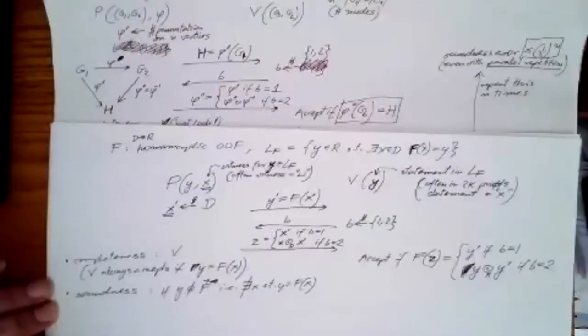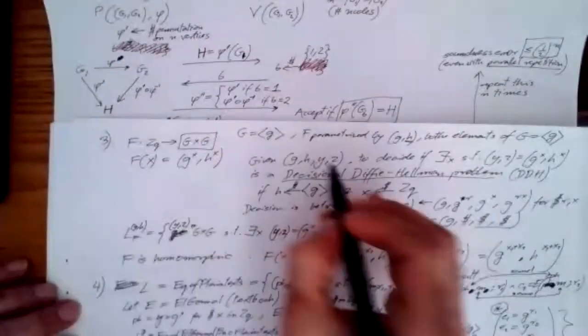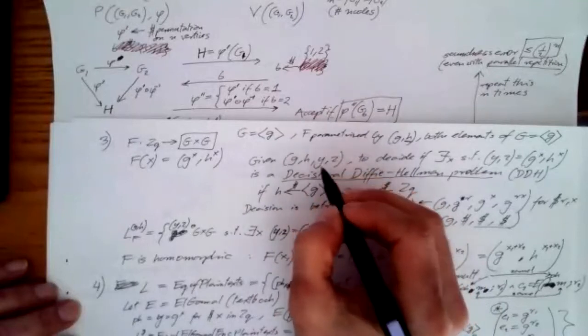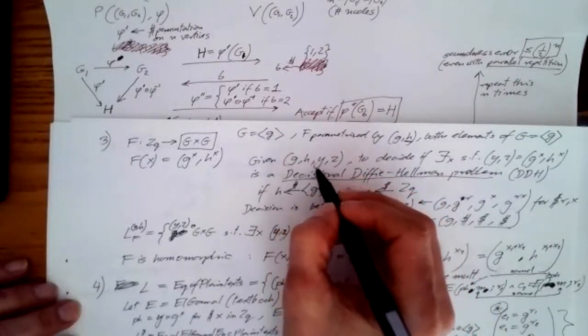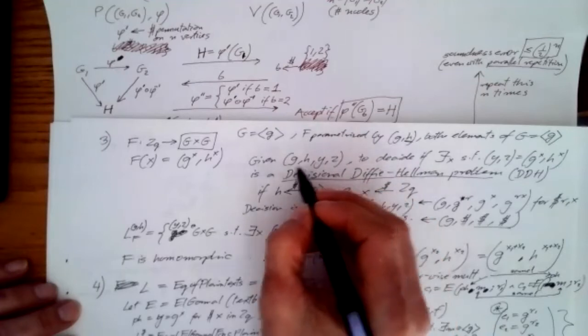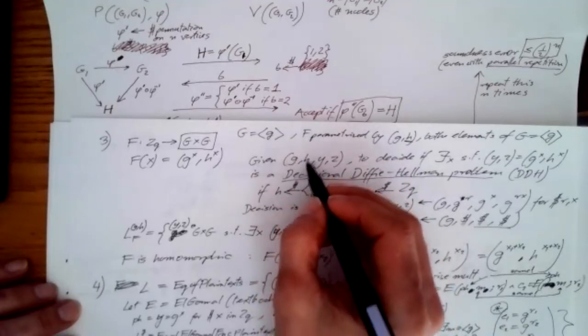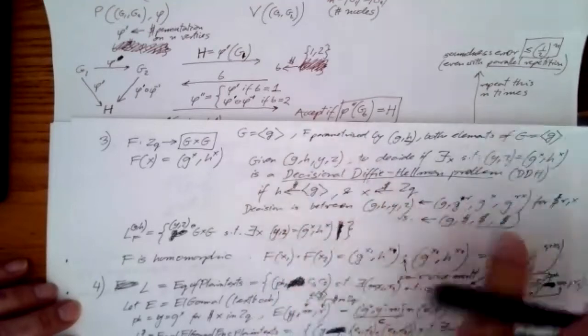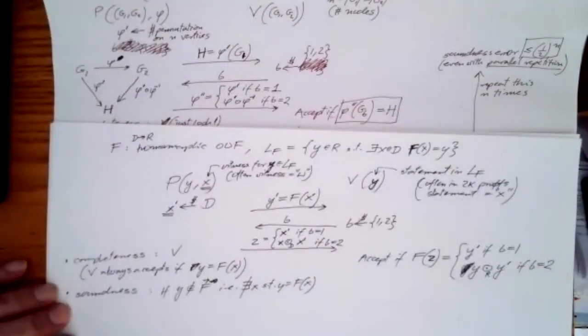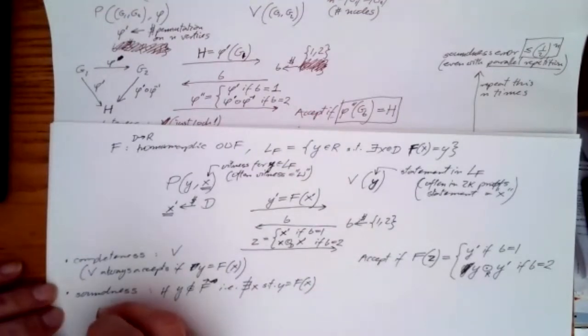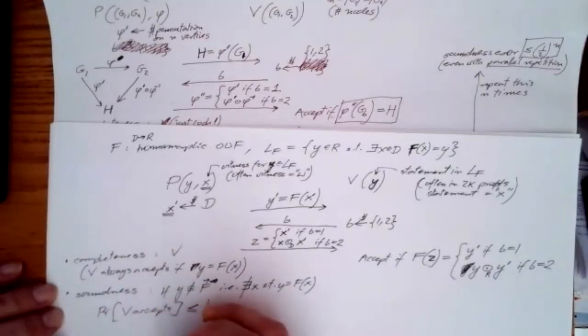So in the example that we had here, the verifier has this tuple, and it is not true that y and z are g to the x, h to the x for any x. Then I claim that the probability that the verifier accepts is at most 1/2, because